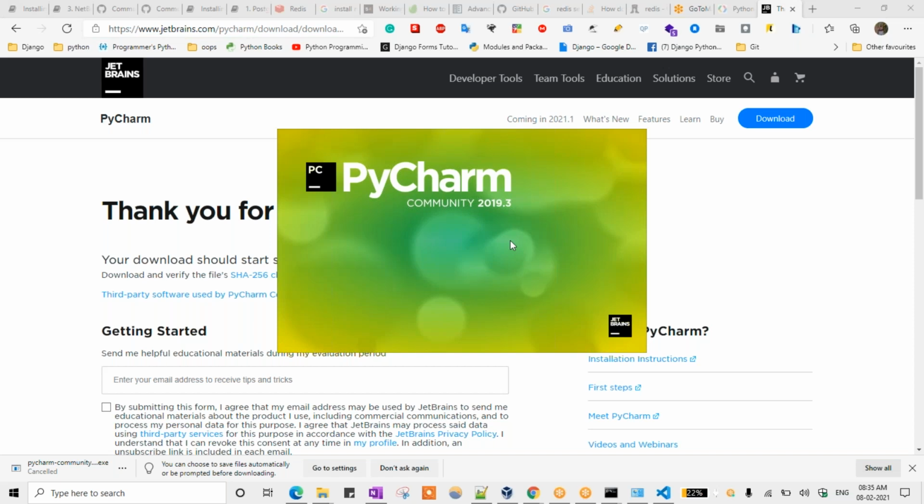PyCharm takes a lot of time when we open it, but VS Code won't take that much time or that many resources. That is the reason most of the people use VS Code only. For larger projects, they will use PyCharm.